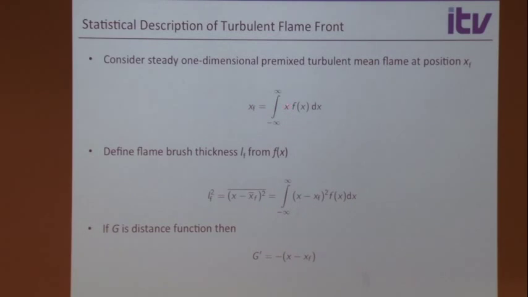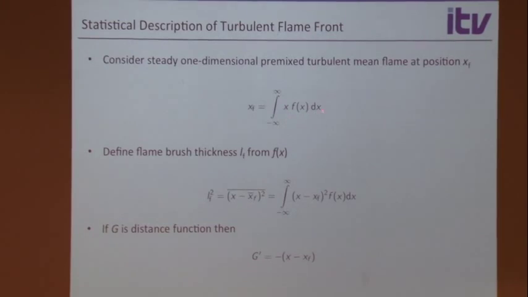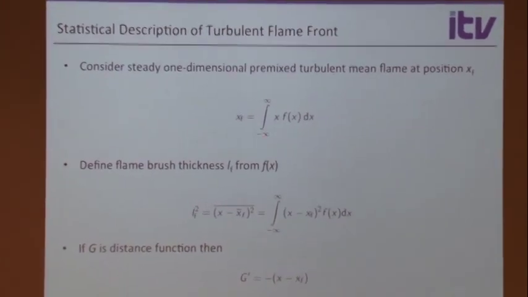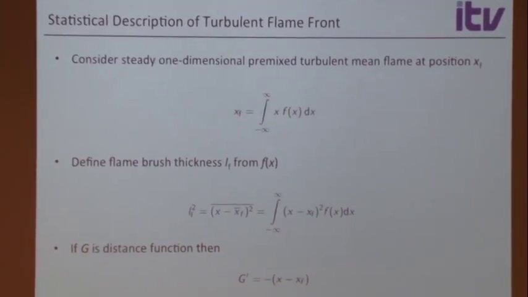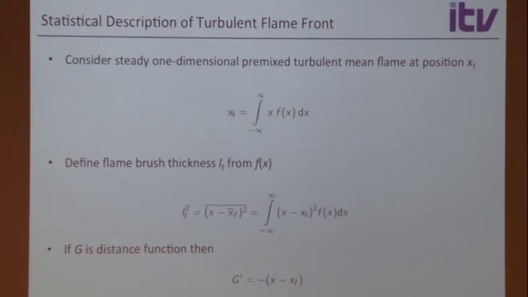So if you take this now, this is the flame, the PDF of the flame position. That was this PDF here times the x coordinate itself integrated over this. That again gives you the mean flame position. So XF here, that would be the mean flame position. And then also you can define a variance here or a departure from the mean flame position like this. And we can define